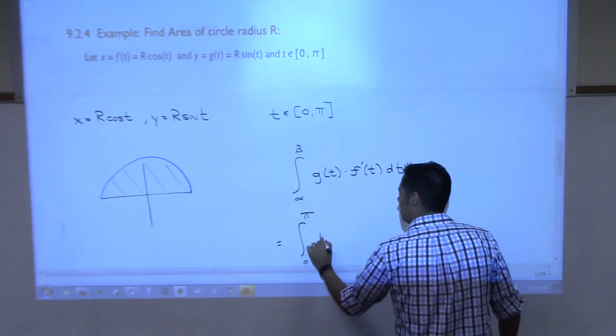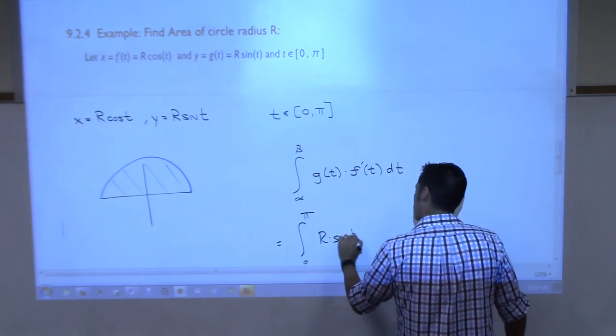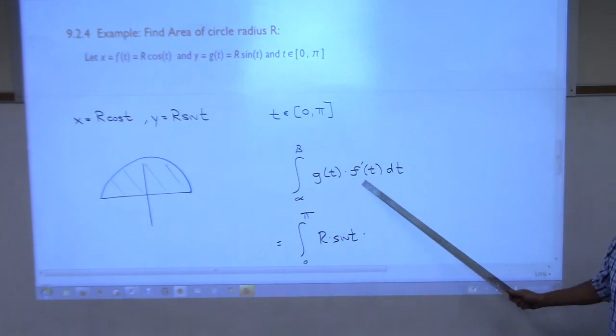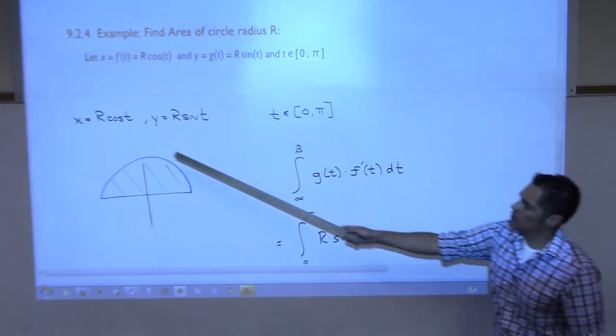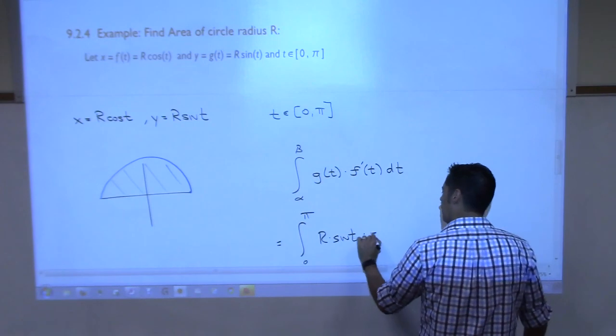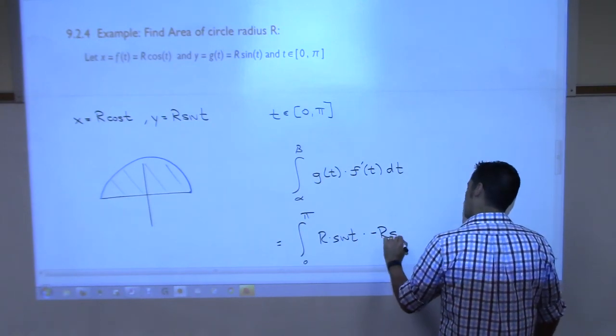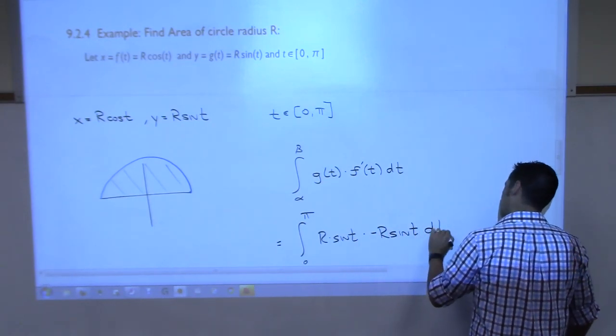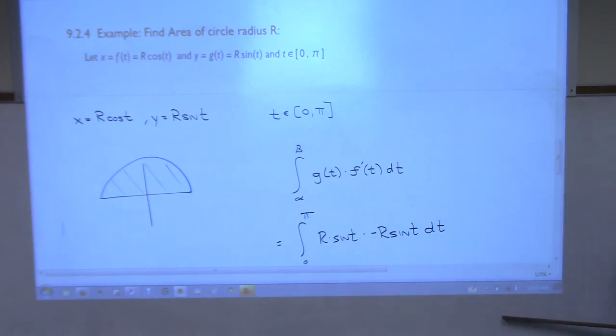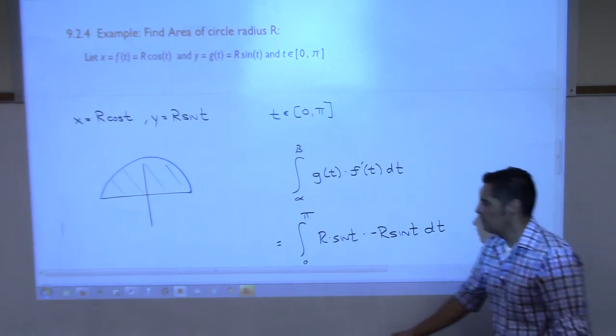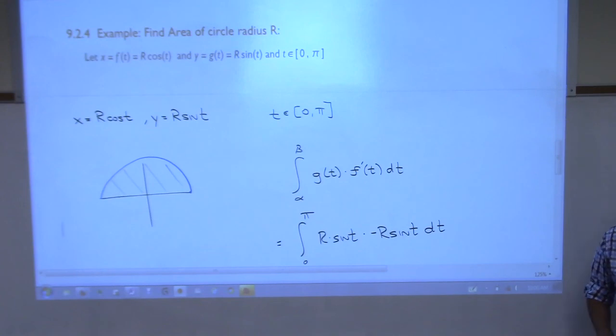R sine t, so R times sine t, times what's the derivative of f with respect to t? Negative R sine t, then dt. Yes? Now, we can pull out a negative R squared, can't we? Because capital R is